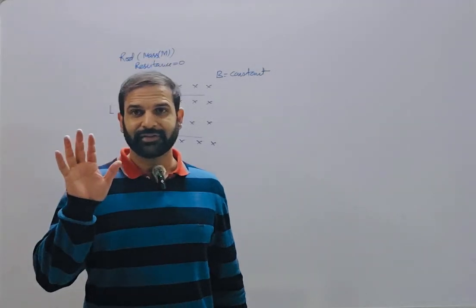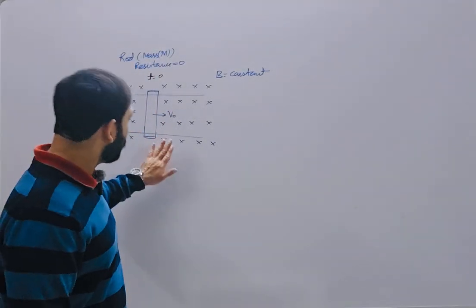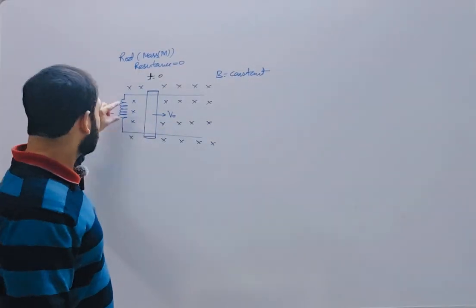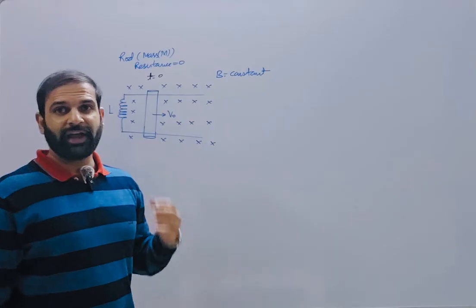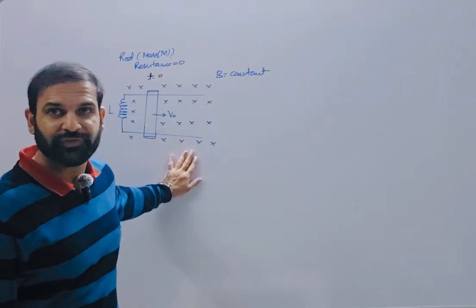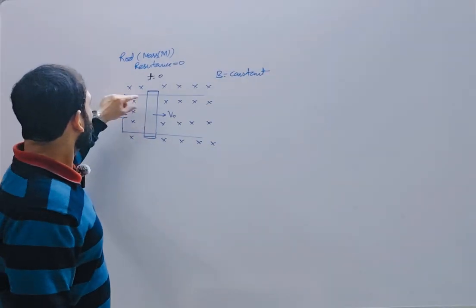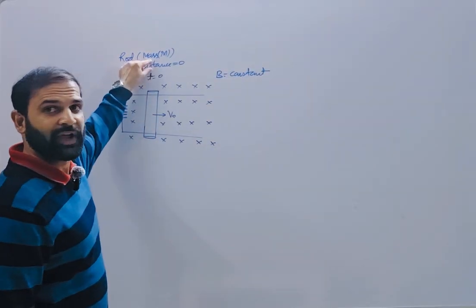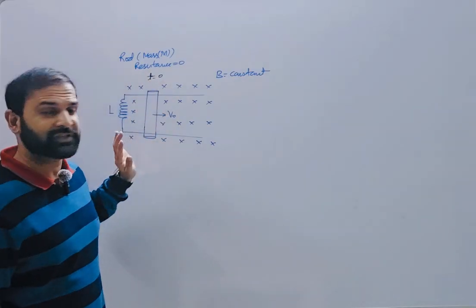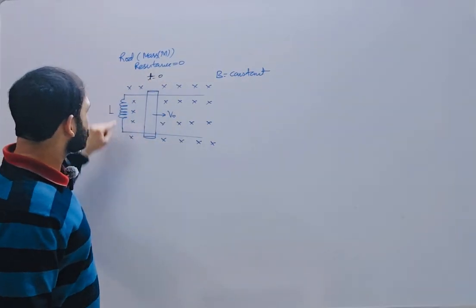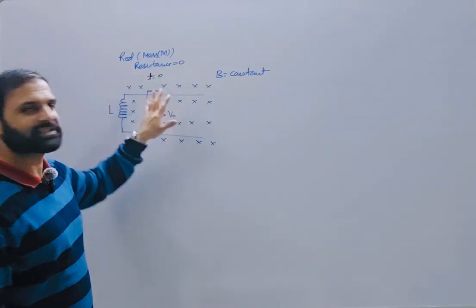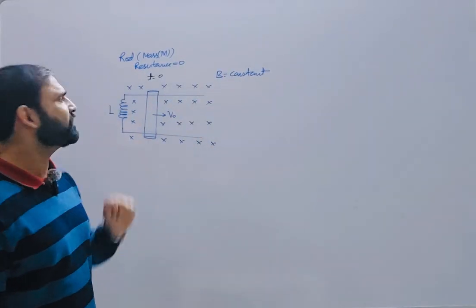Hello students, today we are going to discuss a very good problem based on motional EMF, inductor and oscillatory motion, and this problem is very important and very useful from an advanced point of view. In this problem, a rod of resistance 0 and mass m is placed on two rails, and the rails also have 0 resistance. The end points of the rails are connected to an inductor of inductance L, and the whole system is placed in a constant magnetic field.